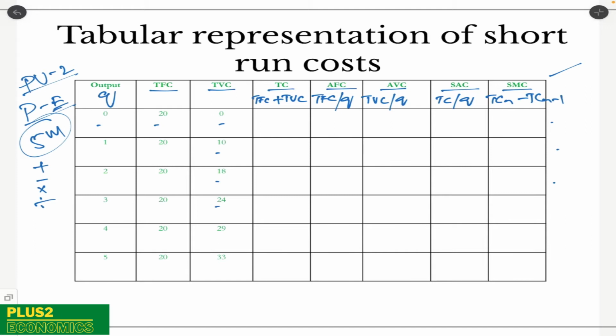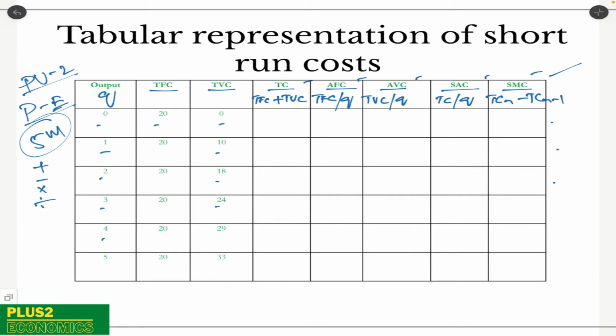Like I told you, if this question is asked in the examination, the question may be on cost or it might be on revenue. First write down the table, make sure you have written down the right numbers, then write the correct formulas for each of the columns. This makes sure that you don't go wrong when you solve this table.